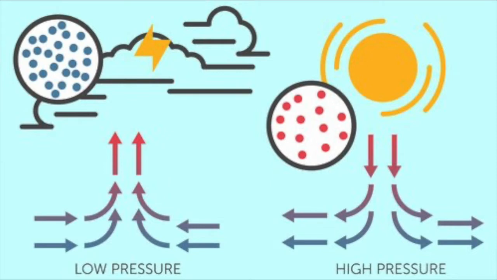So a low pressure system is when the air in the atmosphere is rising and it's heated, so it goes up, and when the air goes up, you know that wind has to then come in and push in. So when air goes up, the pressure of that system goes down. The higher it goes, the less pressure it has. So the low pressure system sits up here, and when it sits up here, all that wind pushes in to the area. When it pushes in, it brings with it storms and clouds, lots of wind,